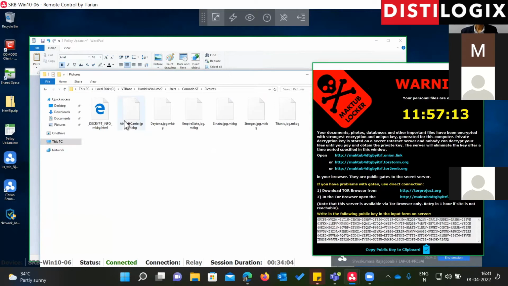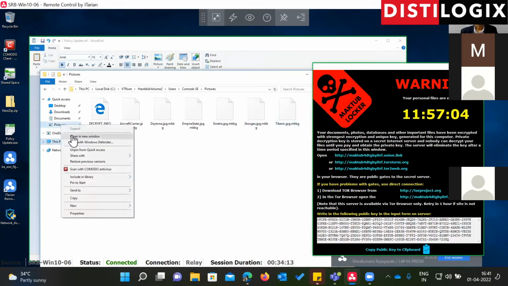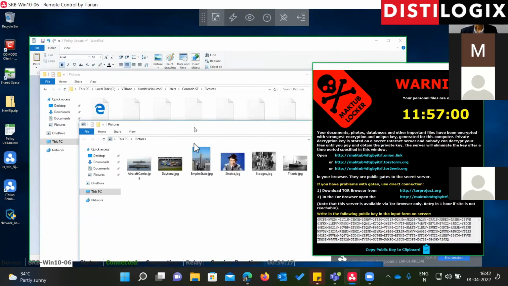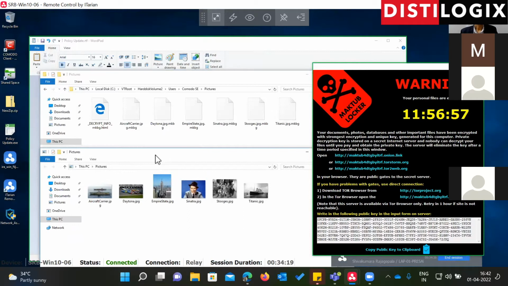But if you see, all these files have been encrypted with a random character as an extension. If you try to open them, you will not be able to. If we compare that with your native client image picture, that should be intact, right? I think it should be fine on my native client. Yeah, so it's intact. This is how we trick any unknown file, if not a zero-day malware, to run until